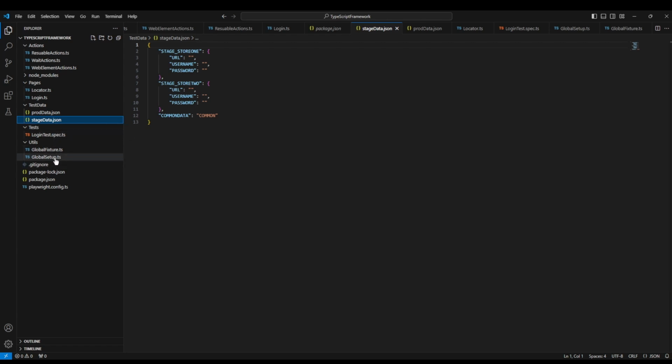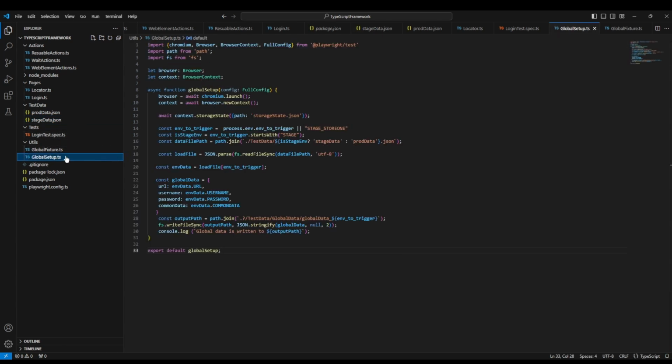Then we have read the file in the global setup file. Based on the environment, we are reading the file, and then we are writing the read data, and then we are creating a global data file. So that's it in this tutorial,